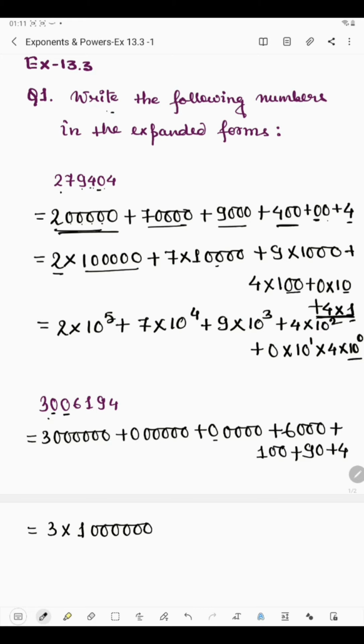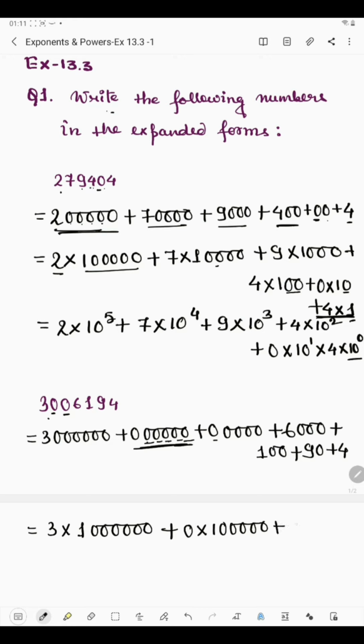Okay. So that means when 3 is multiplied by 10 lakh, then we will get 30 lakh, isn't it? Now after this we have 0, and 0 is multiplied by how many zeros? 1, 2, 3, 4, 5. So it's 1. Then after 1 we'll write 5 zeros, because it is 1 lakh multiplied by 0, it's 0.